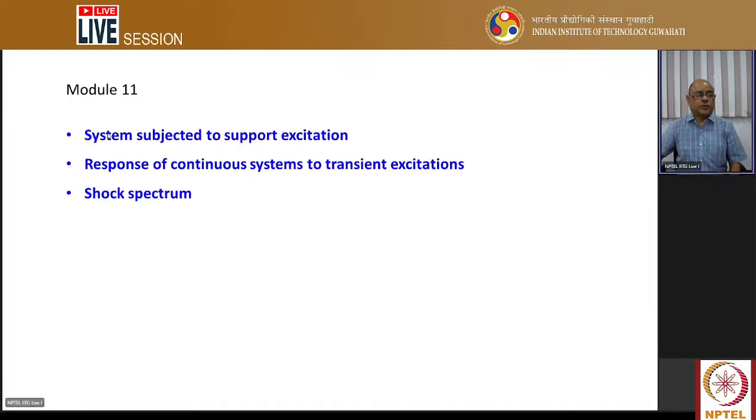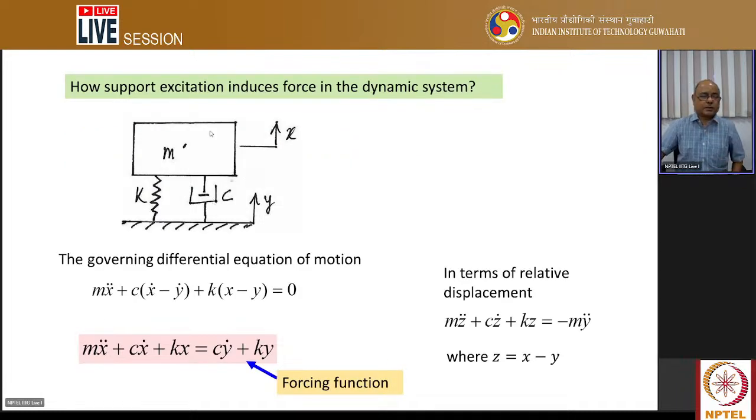Then in module 11, we discussed 3 items: system subjected to support excitation, response of a continuous system to transient excitation, and then shock spectrum. You can see the support excitation, suppose it is elastic, the concept is explained with the help of a single degree of freedom system. If a single degree of freedom system with M, K, C is there, and the support is excited,